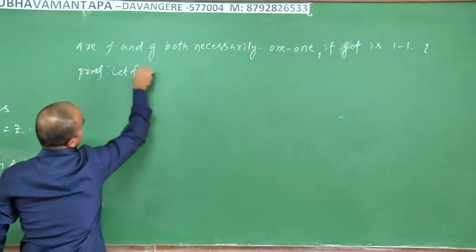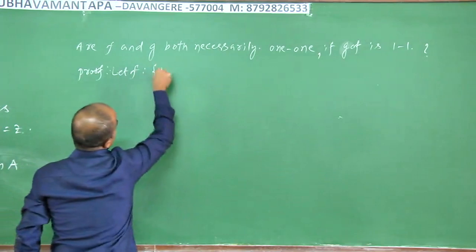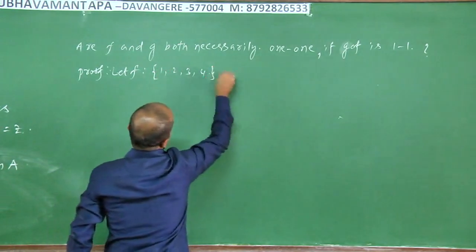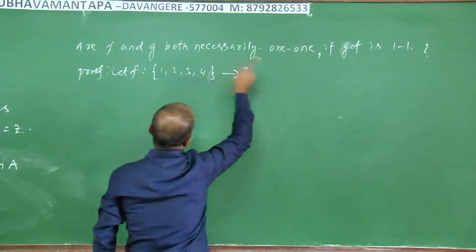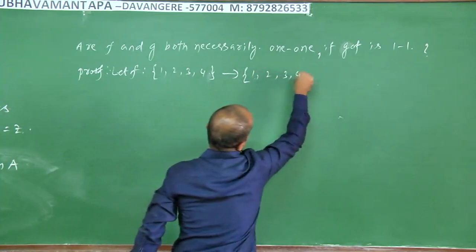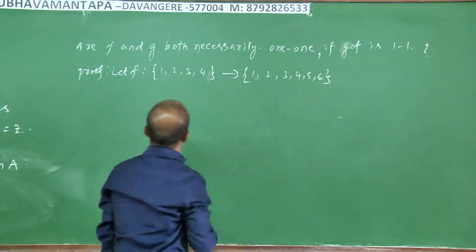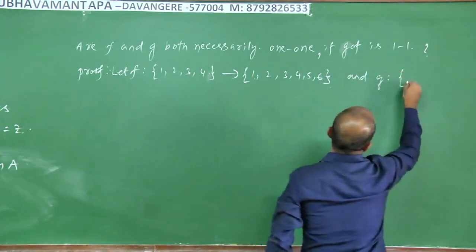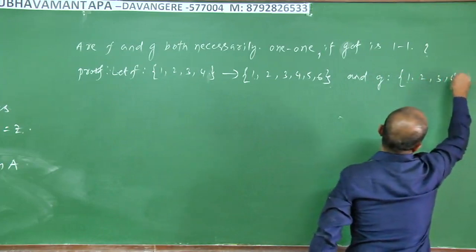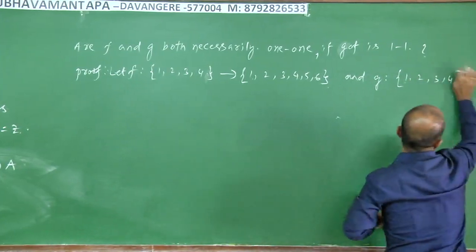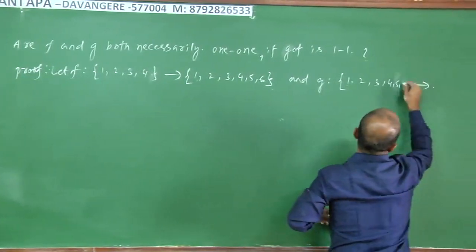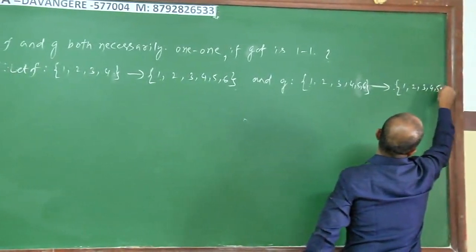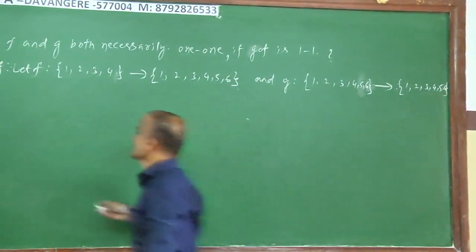Let f be a function defined from the set {1, 2, 3, 4} to the set {1, 2, 3, 4, 5, 6}, and g be a function from the set {1, 2, 3, 4, 5, 6} to the set {1, 2, 3, 4, 5, 6} such that